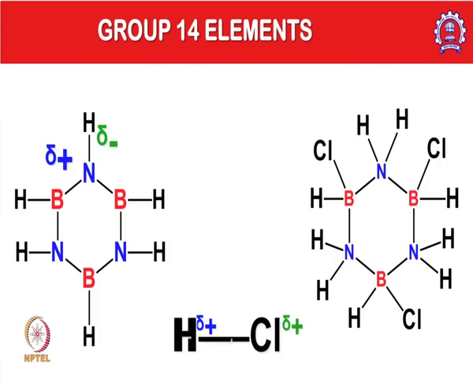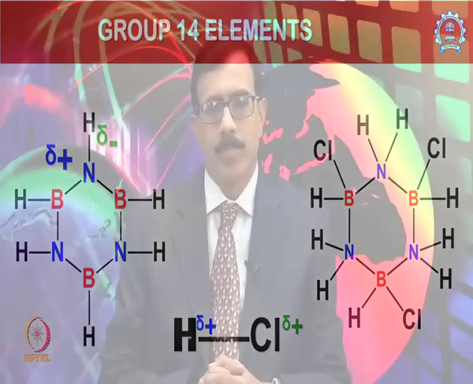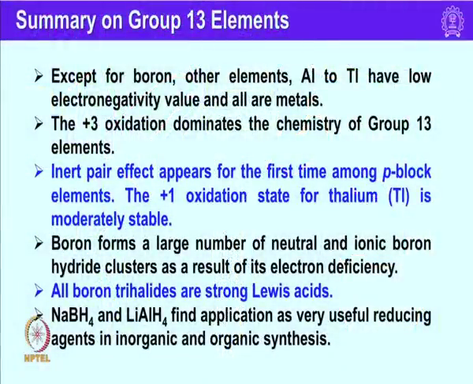So, this ends the chemistry of group 13 elements. Before I conclude, let me summarize the salient features. Except for boron, other elements from aluminum to thallium have low electronegativity and all are metals. Only boron is a non-metal in this group. The +3 oxidation state dominates the chemistry of group 13 elements, and the inert pair effect appears for the first time among p block elements. For example, the +1 oxidation state for thallium is moderately stable,